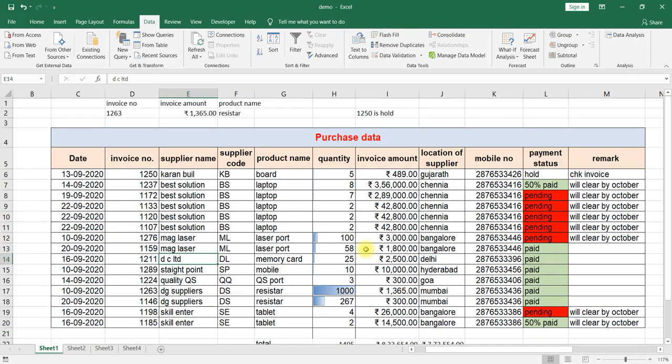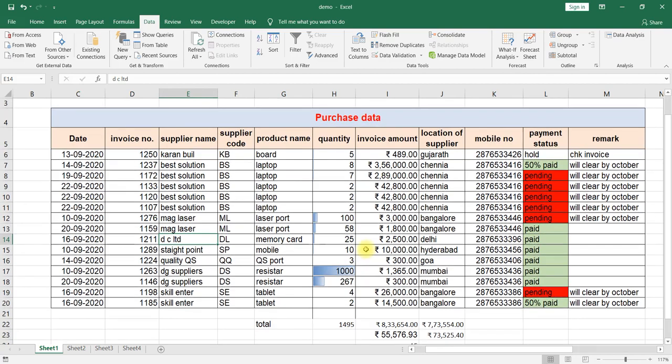In data cleaning, one more challenge will come, that is nothing but removing the duplicates. You can observe here in a given data set, in the selected data set, there may be one or two duplicate entries. In the sense, duplicate invoice numbers will be there, or in terms of the amount it may be duplicated. Majorly, in which way will it be duplicated? In terms of the invoice number, right?